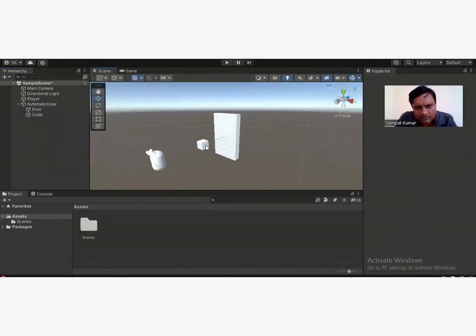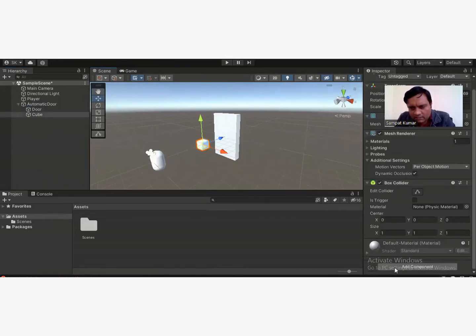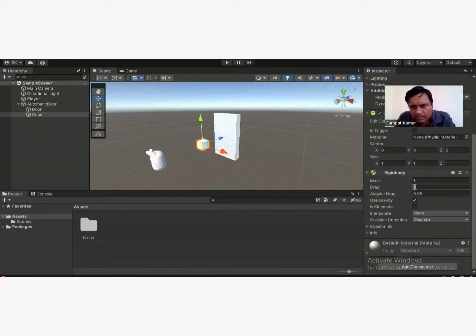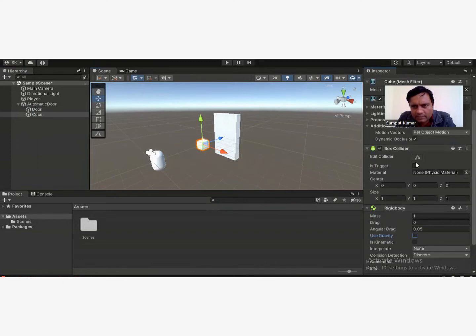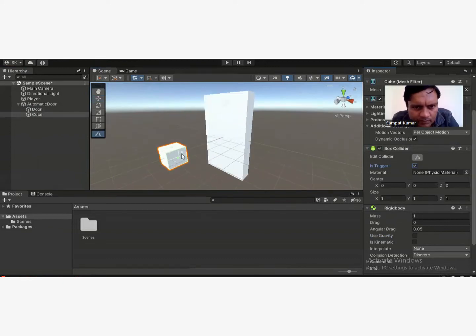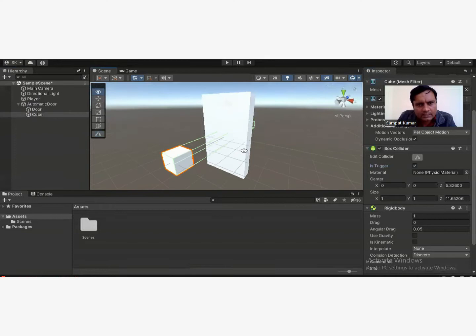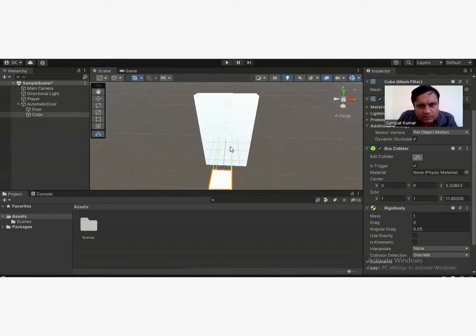So for this sensor to work, let's add a rigid body, and take away the gravity component, and in box collider, let's turn the trigger on. Then set the trigger zone here. Let's create this trigger zone so that this is the zone when the player is inside this zone, the door will open, or else it's going to stay in closed position. So that's the zone. And then if you want this to expand in X also, let's take this